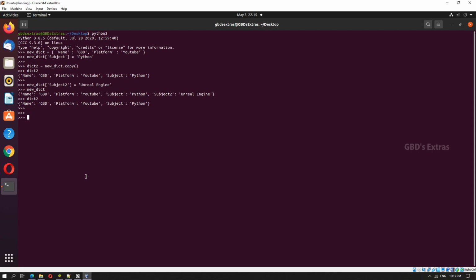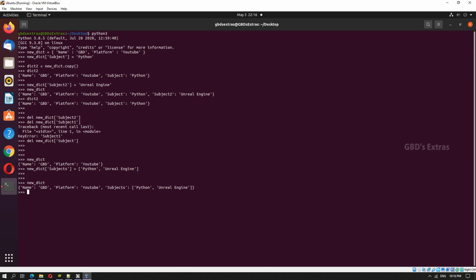In the dictionary, the values can be of any data type like string, integer, even a list can be placed as a dictionary value, and even a dictionary can be placed as a dictionary value. That means a nested dictionary also can be created. For instance, let me delete the last item. So this is our dictionary. Let me try to add a new item now. And here I'll keep a list as an item. So here the third key subjects has a list as a value.